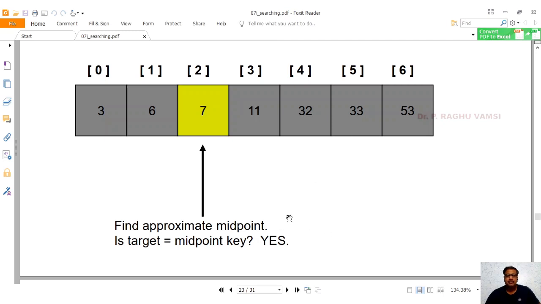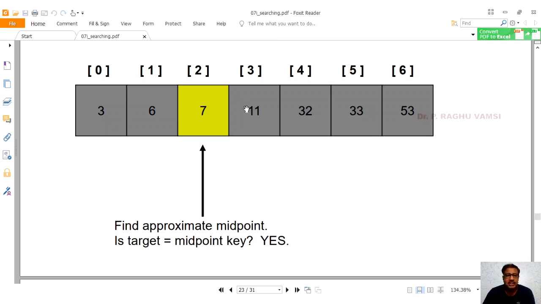Whenever log n complexity happens, log n means here the number of elements. Assume the nearest number of elements which is a multiple of 2, here 8. That means log 2 power 3 to the base 2. Log 2 to the base 2 is 1, and you will get only 3.